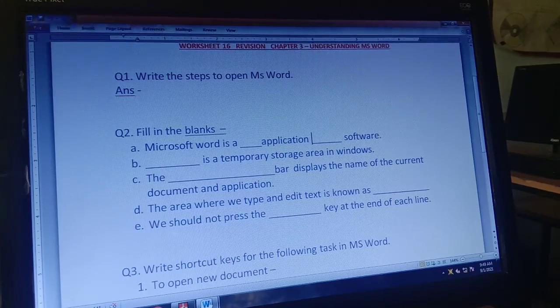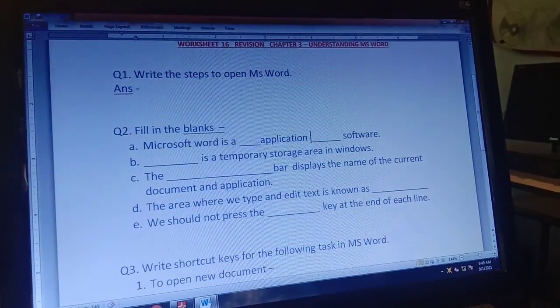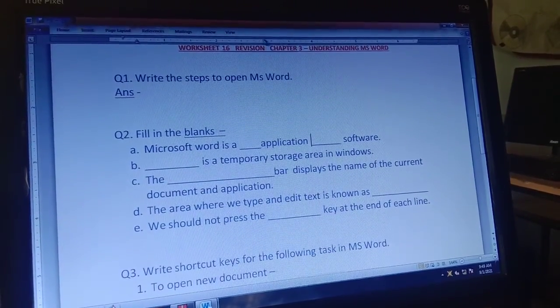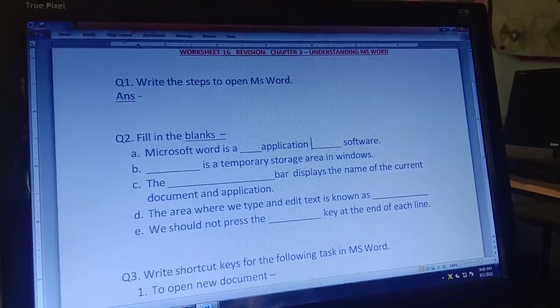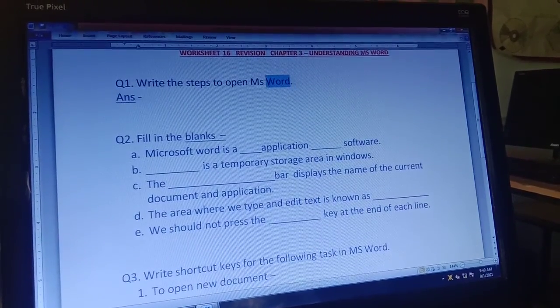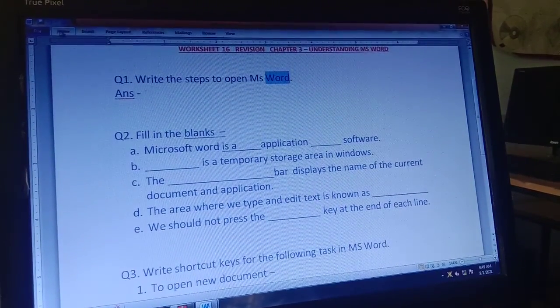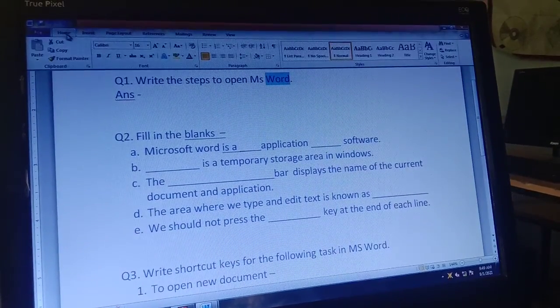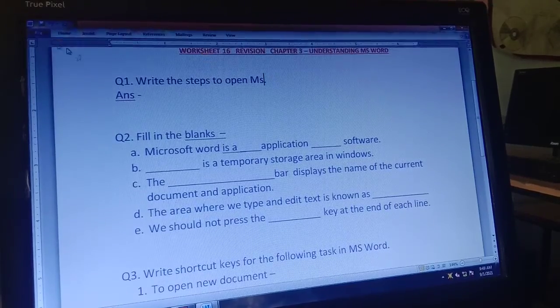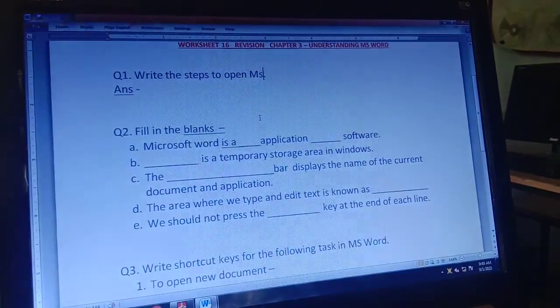Similarly, when you cut, that particular word is removed from there. Where does it go? It will be temporarily stored in your clipboard, and when you apply the paste command, it will come back. For example, I am just cutting this text. There is a cut option. Cut, and it is removed from the window.